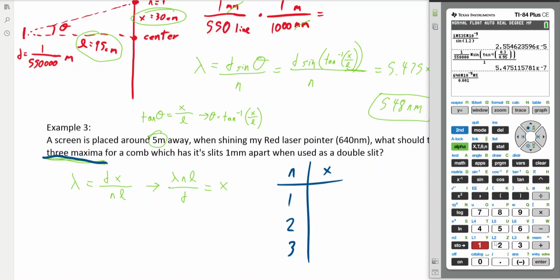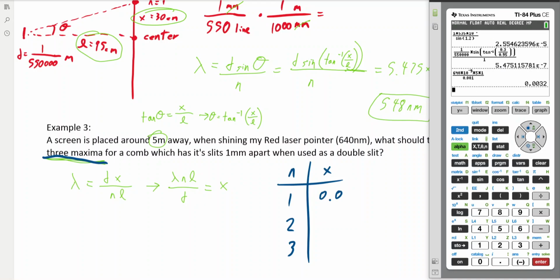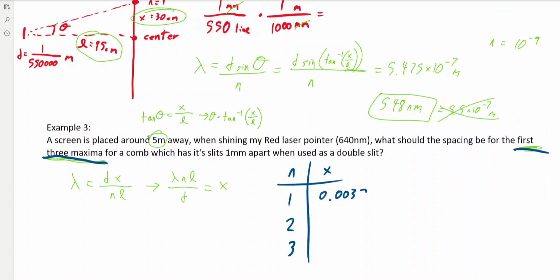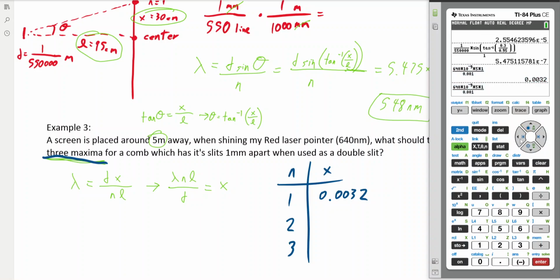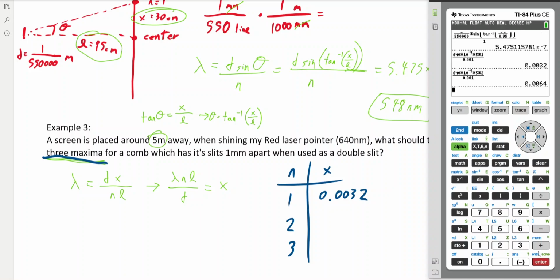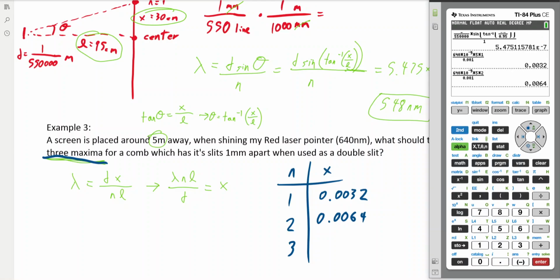This is a millimeter. There. And so now this is a perfect equation. Now what we're going to do is multiply by N, which is 1, so 0.0, hold on, 0.032, and then the second one, we're going to do the same thing, except we're going to get 2, so it's 0.0064,